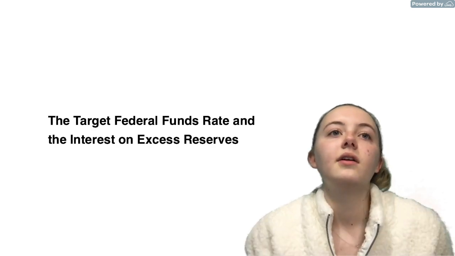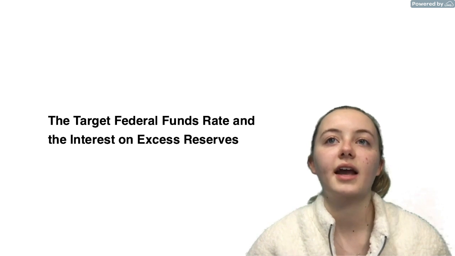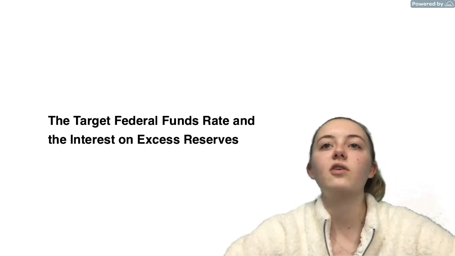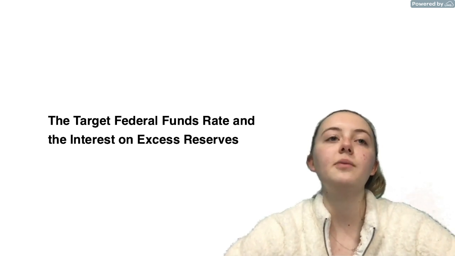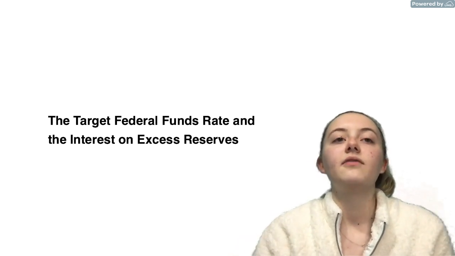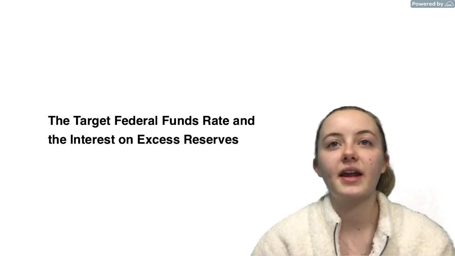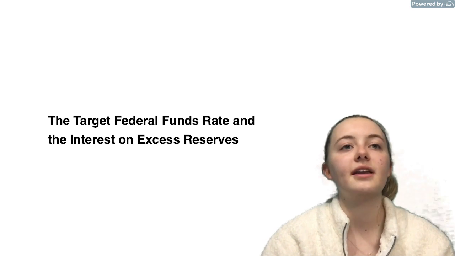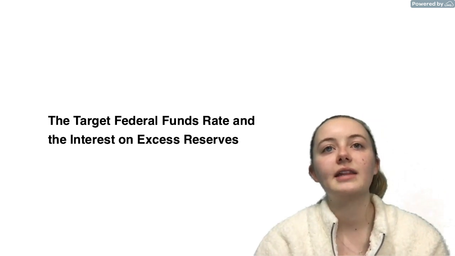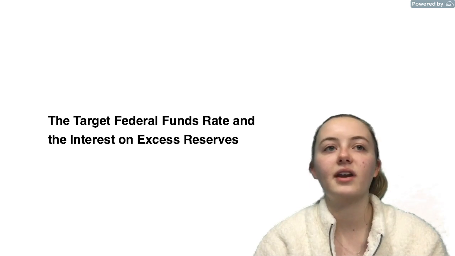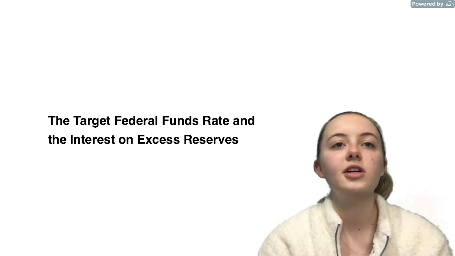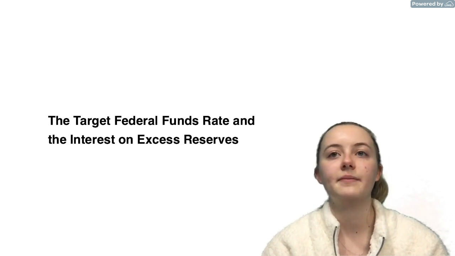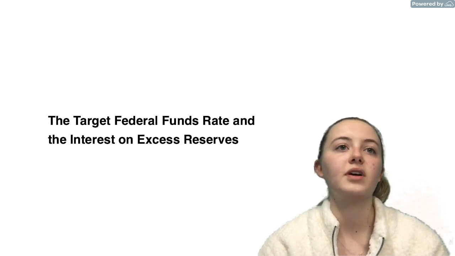The target federal funds rate and the interest on excess reserves. Prior to the financial crisis, the target federal funds rate was the Federal Open Market Committee's primary policy instrument. Financial market participants constantly speculated about movements in this rate. FOMC meetings always ended with a decision on the target level, and the statement released after the meeting began with an announcement of that decision. To a large extent, that decision constituted U.S. monetary policy.